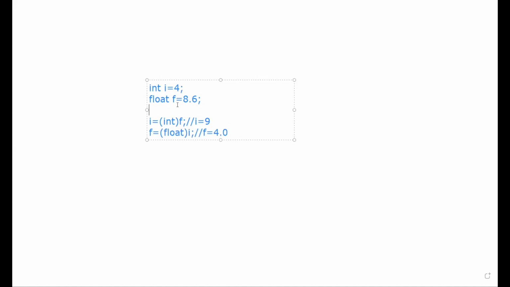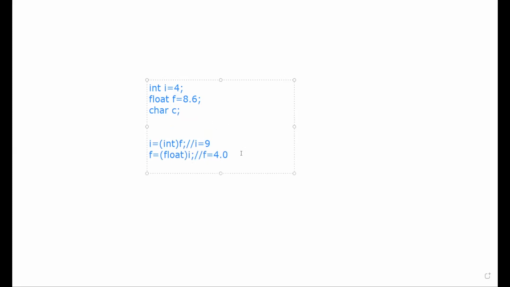अगर आप एक कैरेक्टर डिक्लेयर करते हैं, यहाँ पे आप ASCII वैल्यू भी कर सकते हैं. तो C is equal to I अगर आप करेंगे तो मे बी दिस विल गिव एन एरर, बट इफ यू जस्ट टाइप कास्ट एज सी तो वो इंटीजर को एज कैरेक्टर वैल्यू जो उसकी एसोसिएटेड होती है वो कन्वर्ट कर लेगा, या वाइस वर्सा। अगर आप i इज इक्वल टू सी बोलेंगे तो फिर वो उसकी x की वैल्यू में उसको कन्वर्ट करेगा।